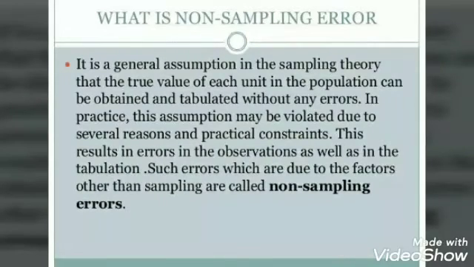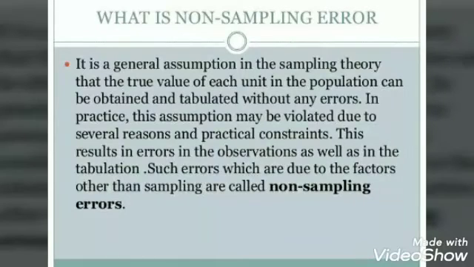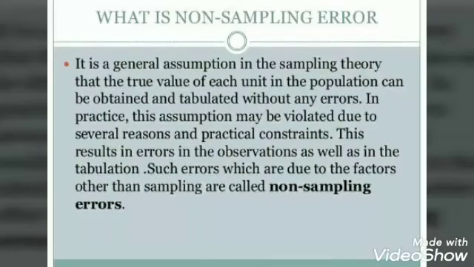Or there might be an error of sampling bias. It occurs when, for some reason, a part of the targeted population cannot be included in the choice of a sample. That means it might happen sometimes that to a certain extent a certain part of the information has to be removed or could not be included due to some reason. Because of that also there might be a certain kind of error.